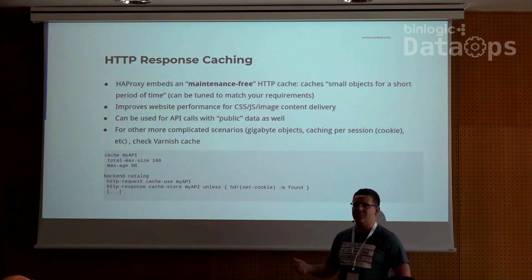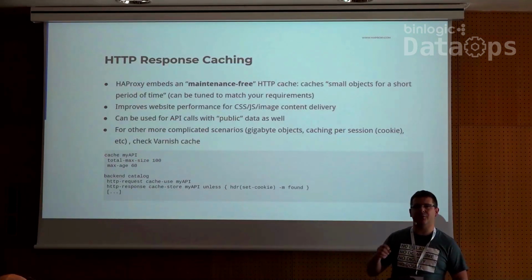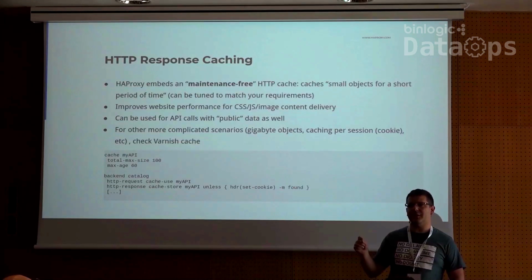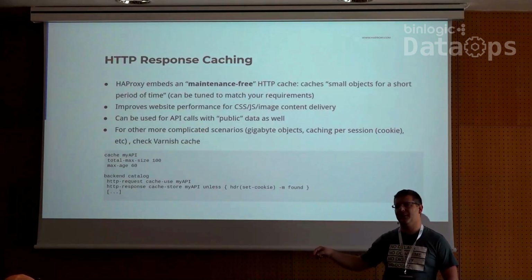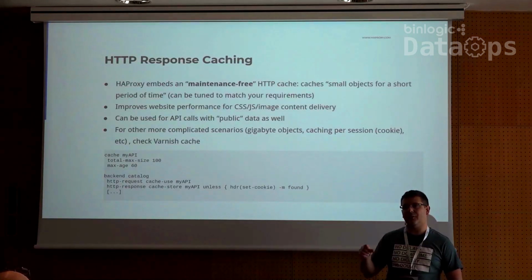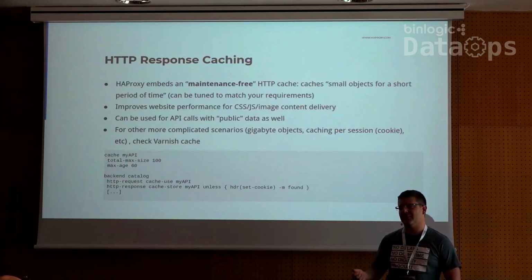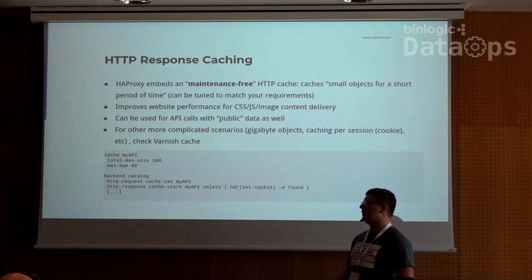Why? Because imagine you have 1,000 queries per second on favicon.ico. If you don't have any cache in HAProxy, that 1,000 queries per second will go to the server. If you enable the cache in HAProxy for 1 second, this 1,000 queries per second will become only 1 query per second on the server. So even a 1 second cache is quite efficient.